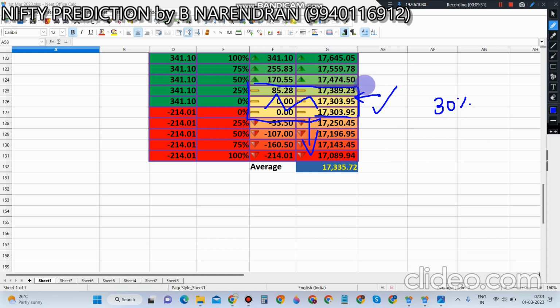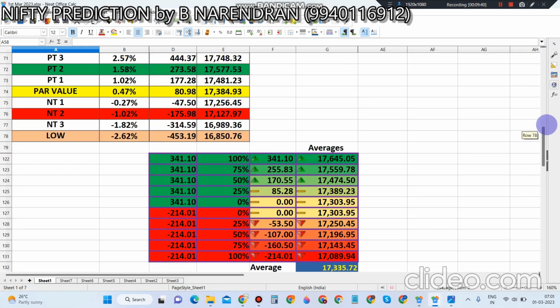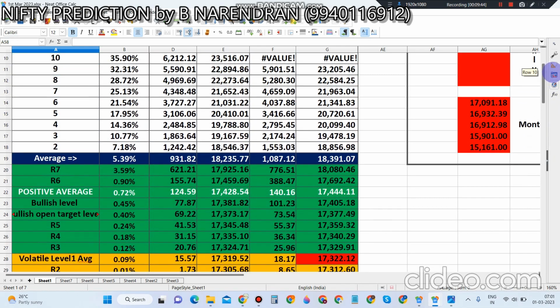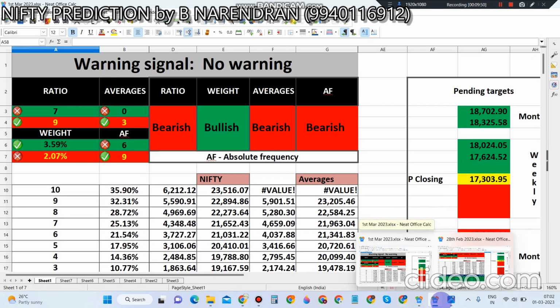Anything above 17,389, then only the bullish will take control. So play safe today. It is not going to be easy to trade, just like yesterday. Even in combination there is potential to give a loss. So play much more cautiously, better to play with the hero zero. Let's go to the summary. And before that,